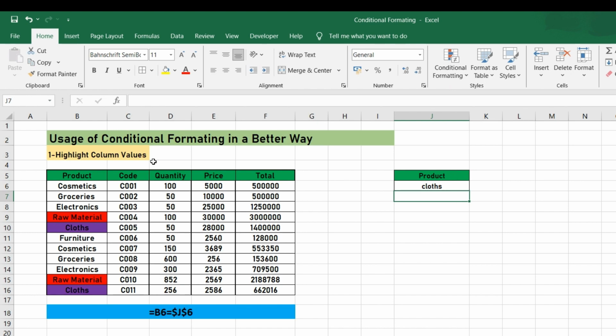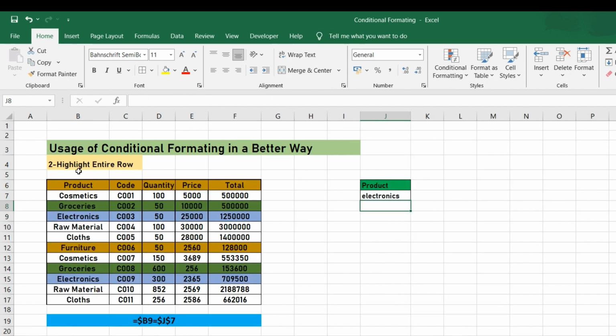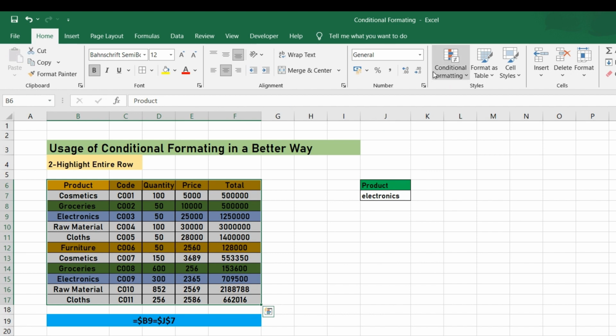So the basic purpose of this video is to show you how to highlight the column value. So now we can highlight the column value by following this procedure. Now I'll go to the second sheet. If you want to highlight the entire row, then select the entire sheet, whichever sheet you want, and go to the conditional formatting option,